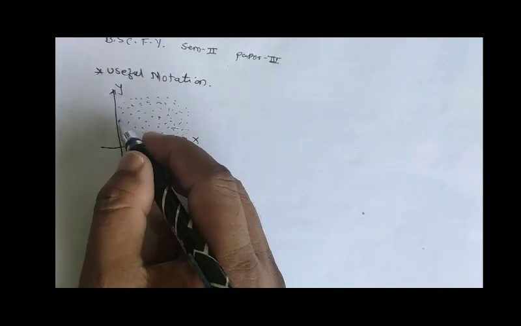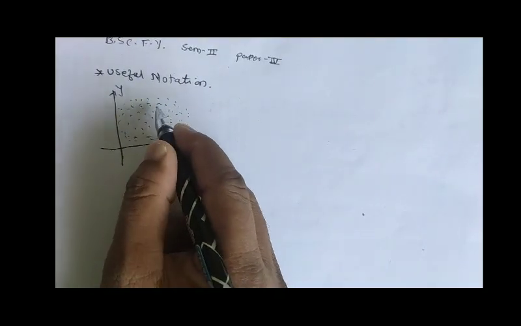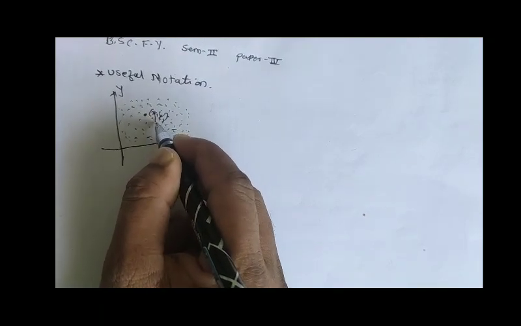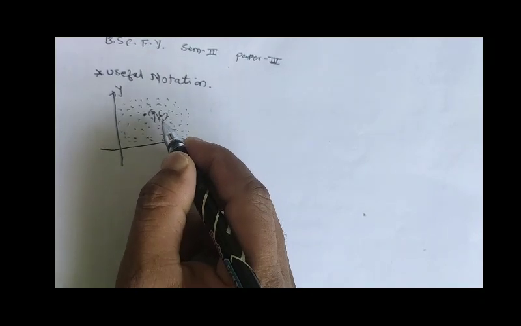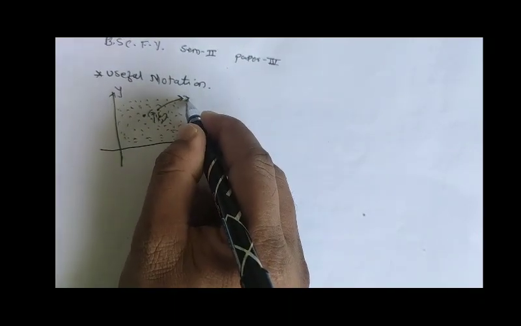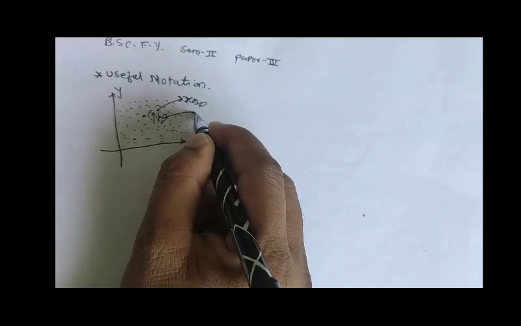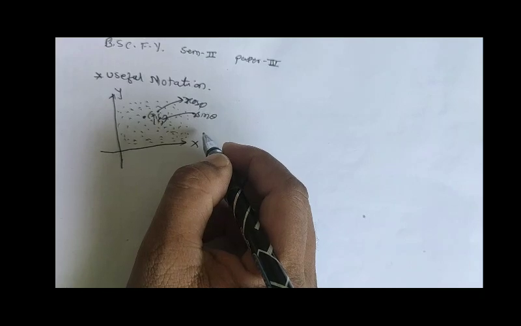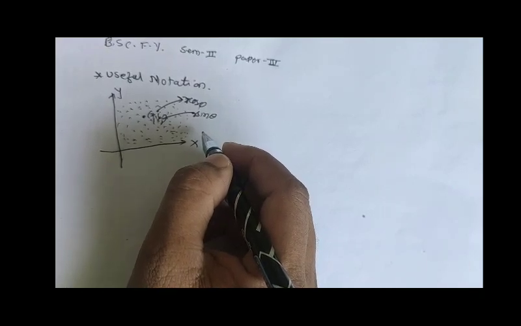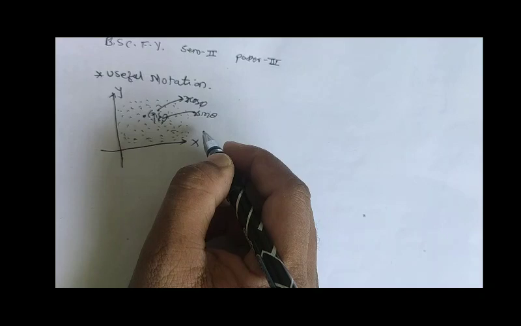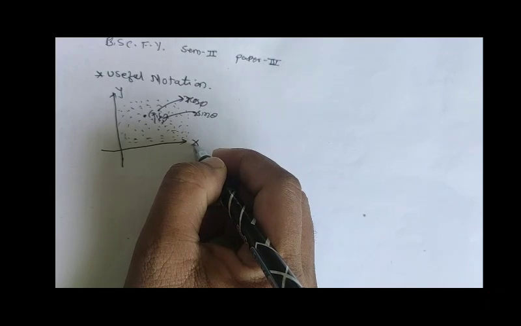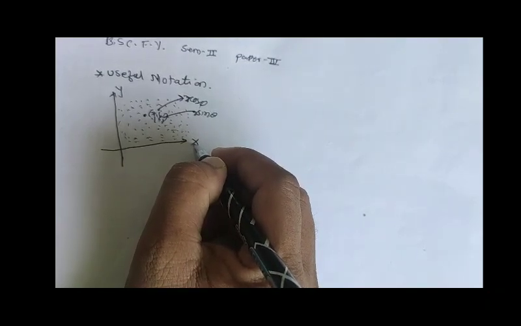So dear student, this is a plane and there are so many points, and if I choose one point, that is x1 y1. Every point in the plane can be expressed as r cos theta, r sin theta. So this is nothing but the parametric representation of the point x y. That means the point given in coordinate system, we can express it in another form. This study we have already discussed up to the last semester from the 11th standard.